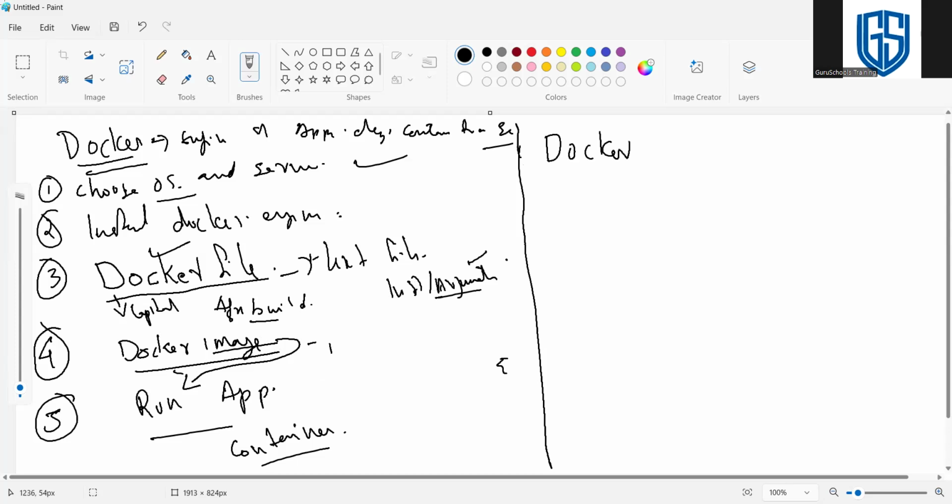Docker file, image. So we can run the image, and it will create a container.